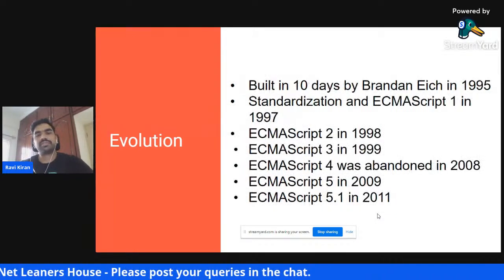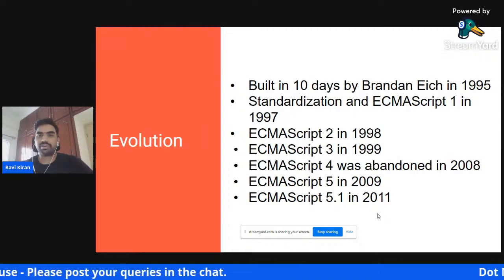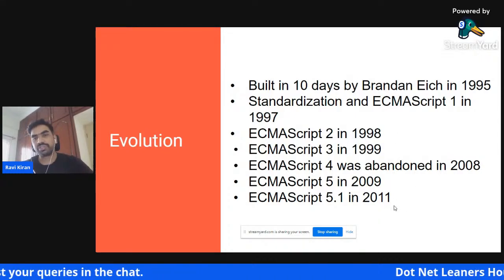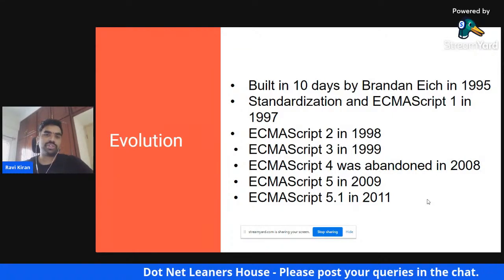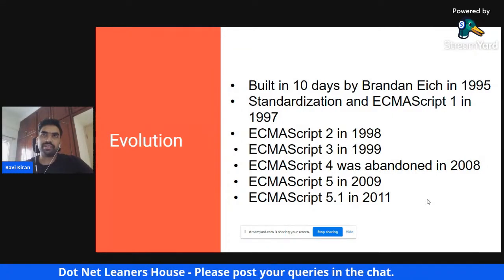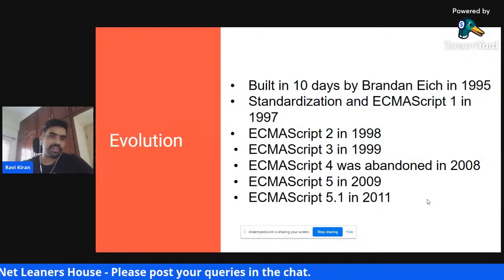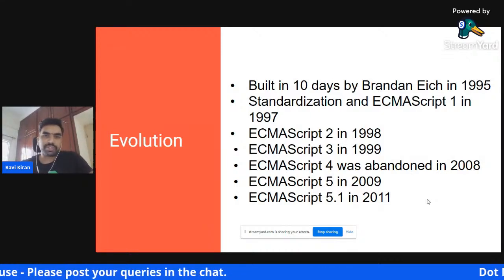Although the language evolved a lot between 1995 and 2011, it was still used for very small scale use cases like writing some quick scripts on the browser.